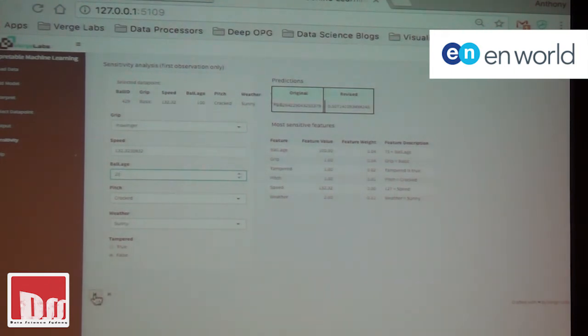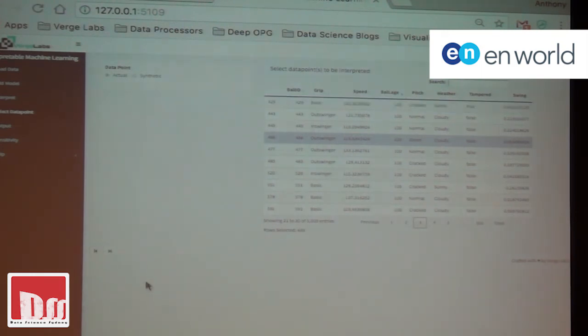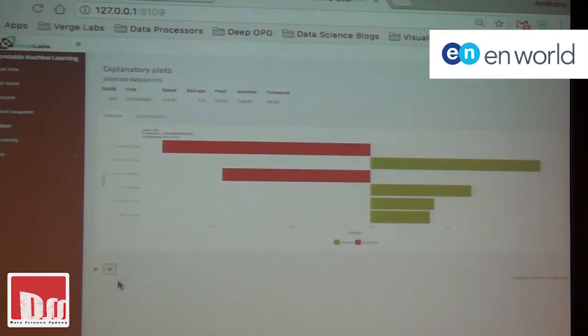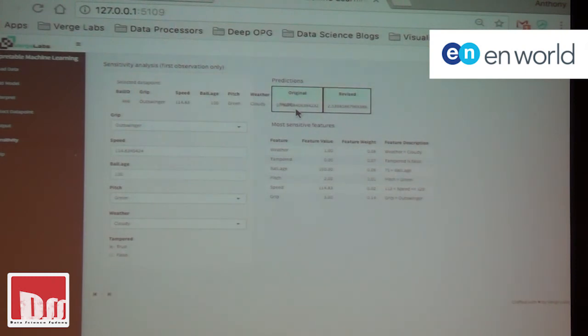I did look at one of these other cases which had a bit of a stronger signal, so if I just deselect this, the first one should come up. So this is this outswinger. I think if I look here, the magnitude is a lot higher. Because it's a much more swingable delivery, the fact that it's been tampered has a much bigger effect. So yeah, I don't think I've proved anything here, but certainly you'll probably all understand a bit more about how I came up with this data set.